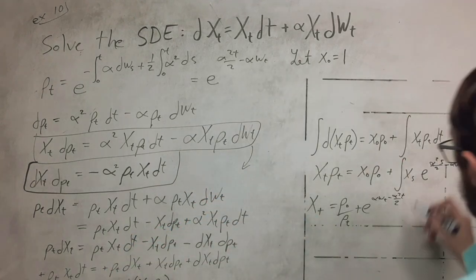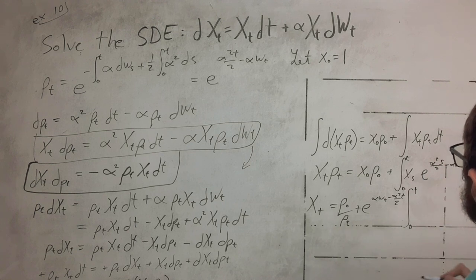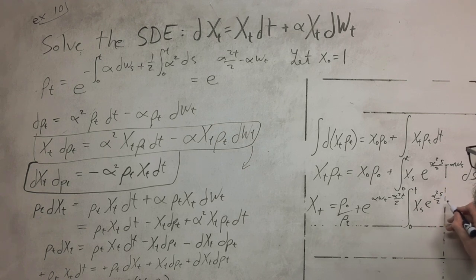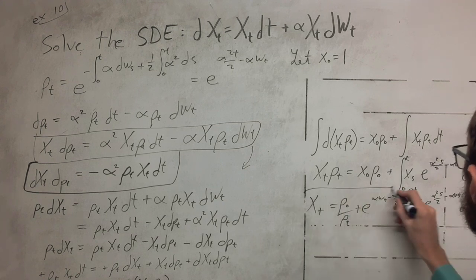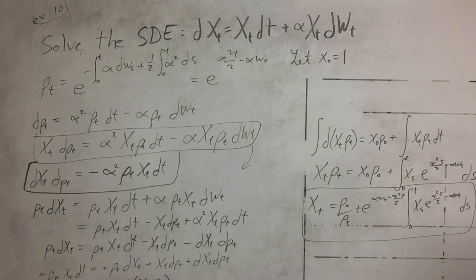There. And then I'm leaving this integration. Oh, this is integrated from 0 to t. Should put those terms in there. X sub s e to the alpha squared s over 2 minus alpha w sub s ds. And I don't feel good about this